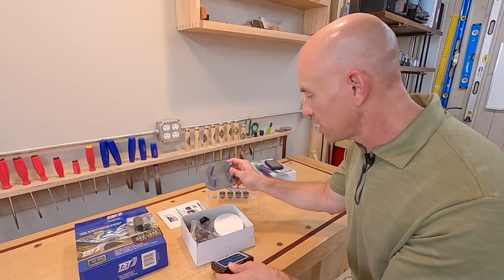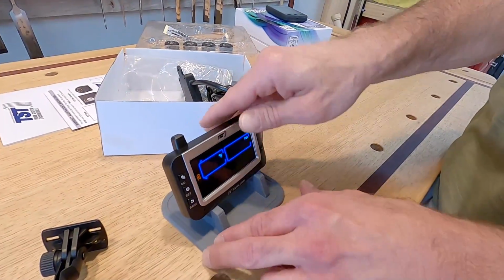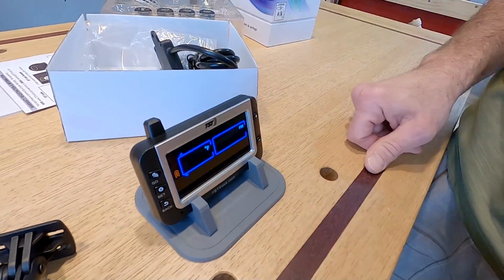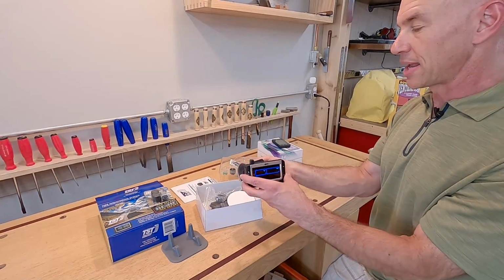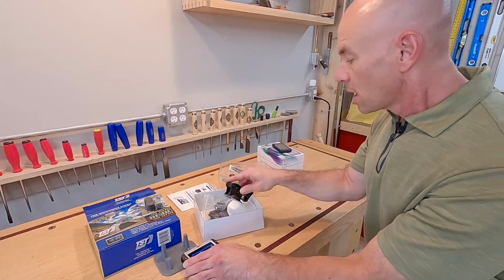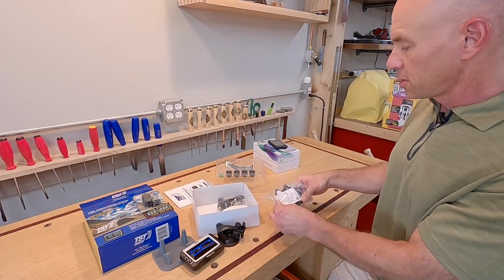Let's see, there's more than one way to mount it. There's a stand mount, which I guess if you wanted to lay it on the dash, that would work. And then there is a windshield mount. Since I don't have to worry about an antenna sticking out of this thing, this windshield mount ought to work just fine. There is a repeater, and the winner is,